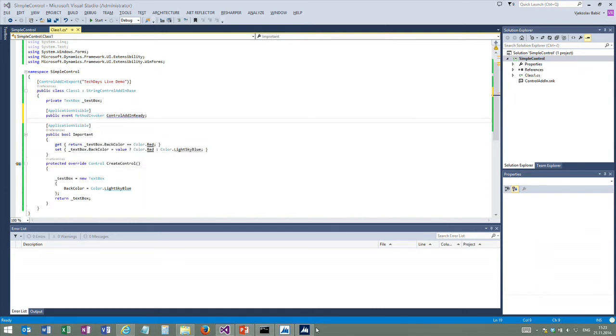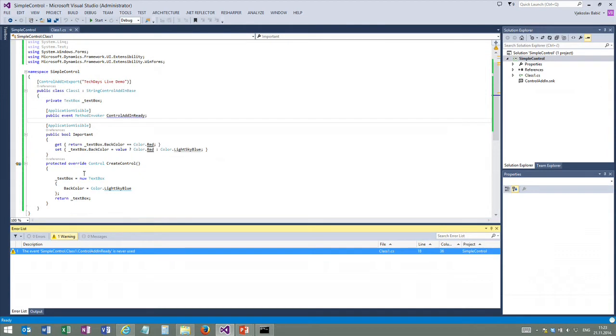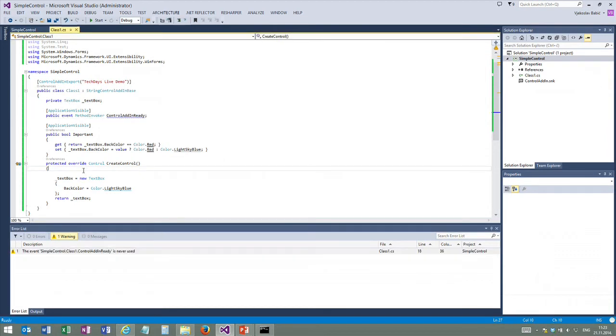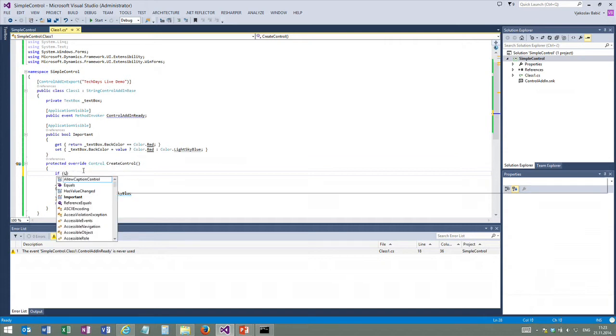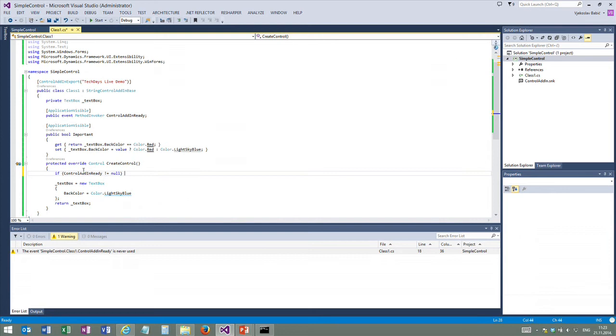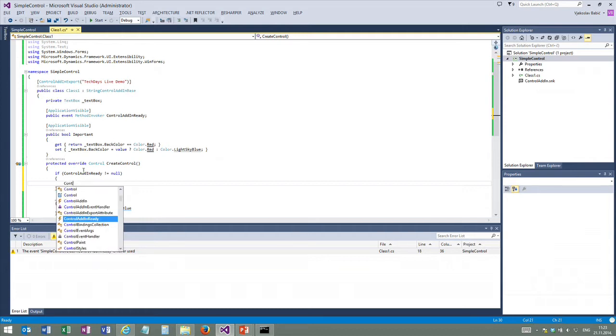Let me again restart my clients. So I will rebuild the solution. Okay, it's now rebuilt. This event is never used, so never mind so far. If I do this, if ControlAddInReady is not null, and then actually fire that event,